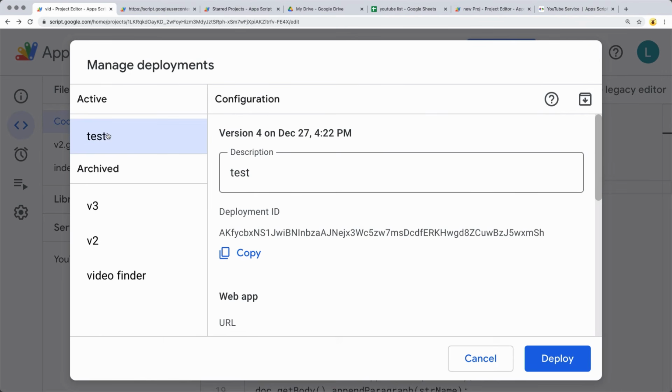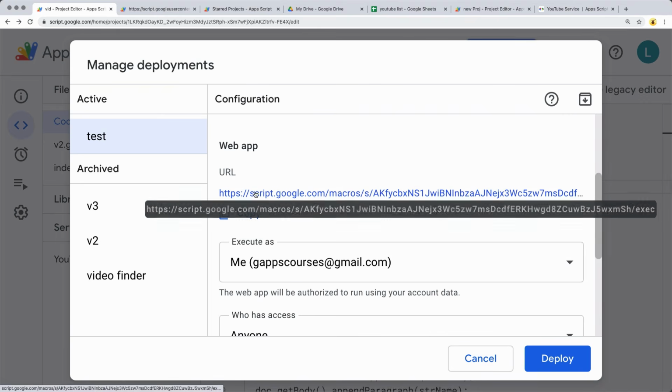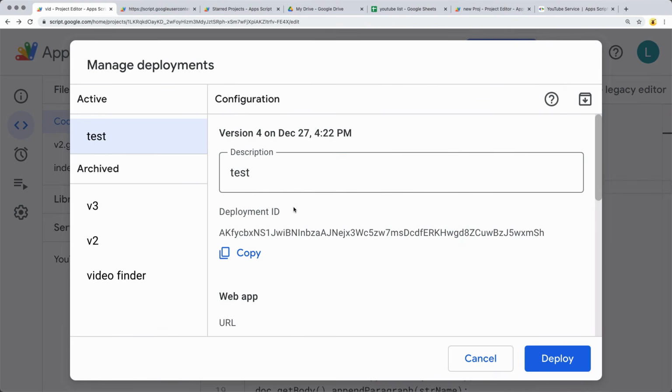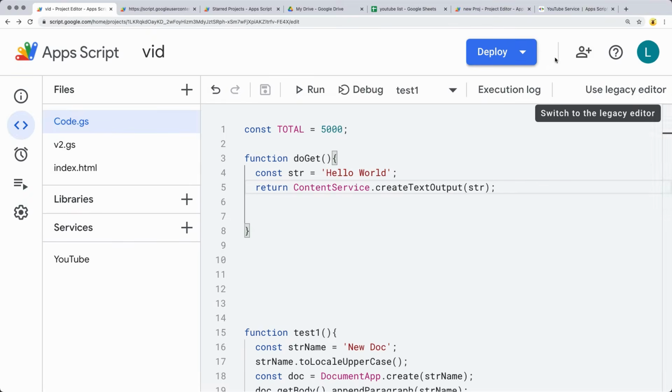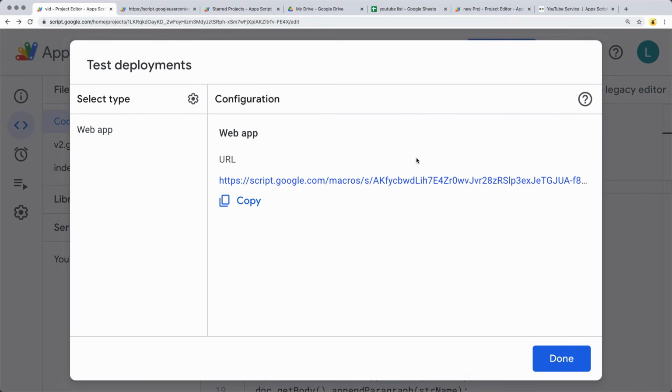So within the deployments, we've got an active one, and this active one is going to be the web app. You can pick up the web URL here once again. And there's also a dev version. So when you're developing a web app, you can go under the test deployments. And for the web app, that's going to give you a developer version. And the difference between the developer and the executable is at the end, it's going to be DEV, whereas the executable is